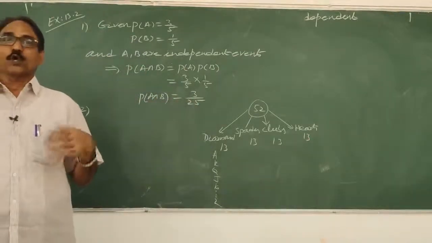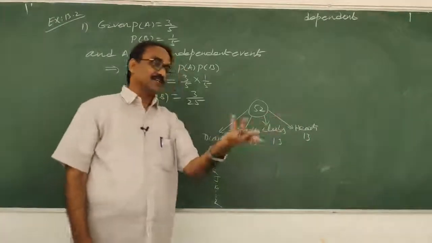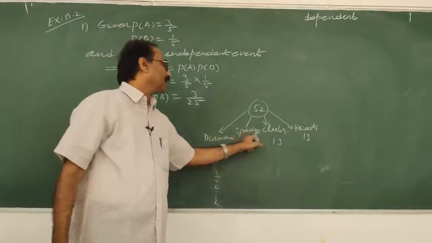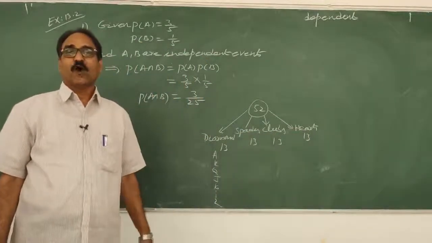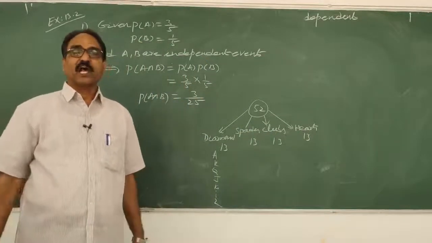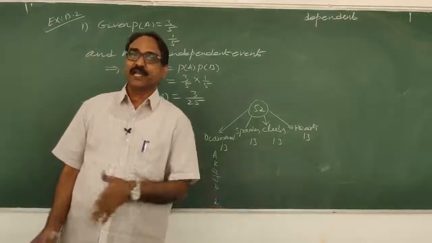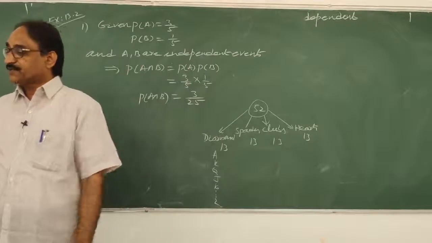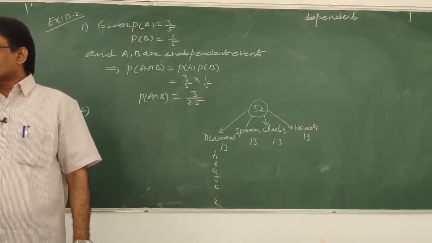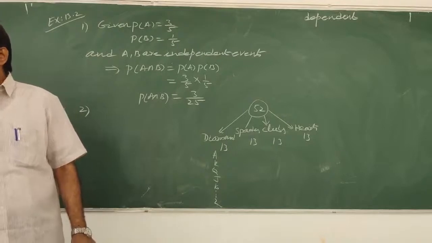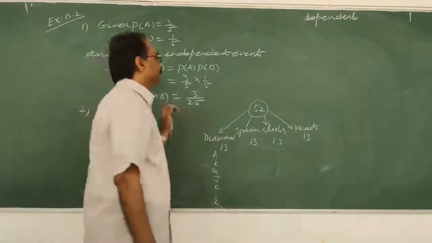So totally how many kings will be there, as 4 types are there? 4 kings will be there. Here 1 king, here 1 king, here 1 king, here 1 king. How many 2s will be there? 4 2s. How many 5s? 4 5s. How many aces? 4 aces. Everything is equal only. Correct or no? Now he said, 2 cards are drawn at random without replacement from a pack of 52 playing cards. Find the probability both cards are black.